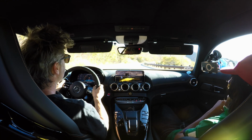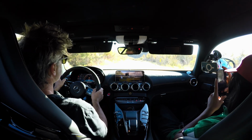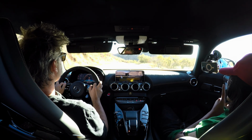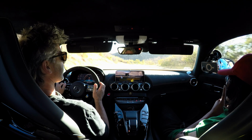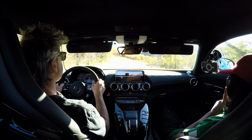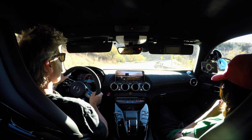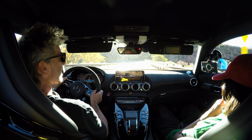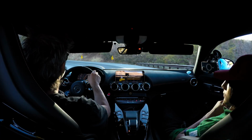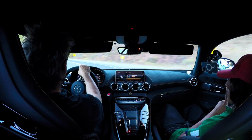Here in the canyon, I'm not looking to swap ends. I'm not looking to upset people. So, you know, we're just cruising around, kind of feeling it, listening to it, and experiencing more than we did on the highway up to EuroFest. And just wow. I mean, if I can get behind this thing on the track sometime, that would be amazing. Believe it or not, I do actually have a little bit of experience